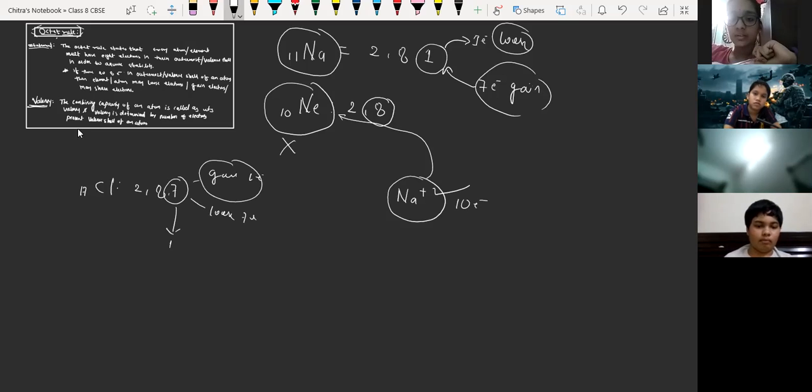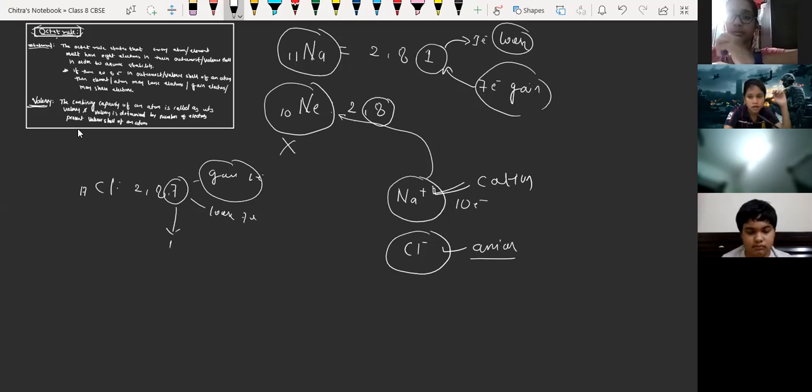-1, sir. Yes, but when it gains 1 electron, it will acquire a negative charge. So when electrons are lost, positive ions are formed, and when electrons are gained, a negative charge will form on the atom. A positive ion is called a cation, and a negative ion is called an anion. Sir, yes, so we can get valencies if we remember the electrons table.